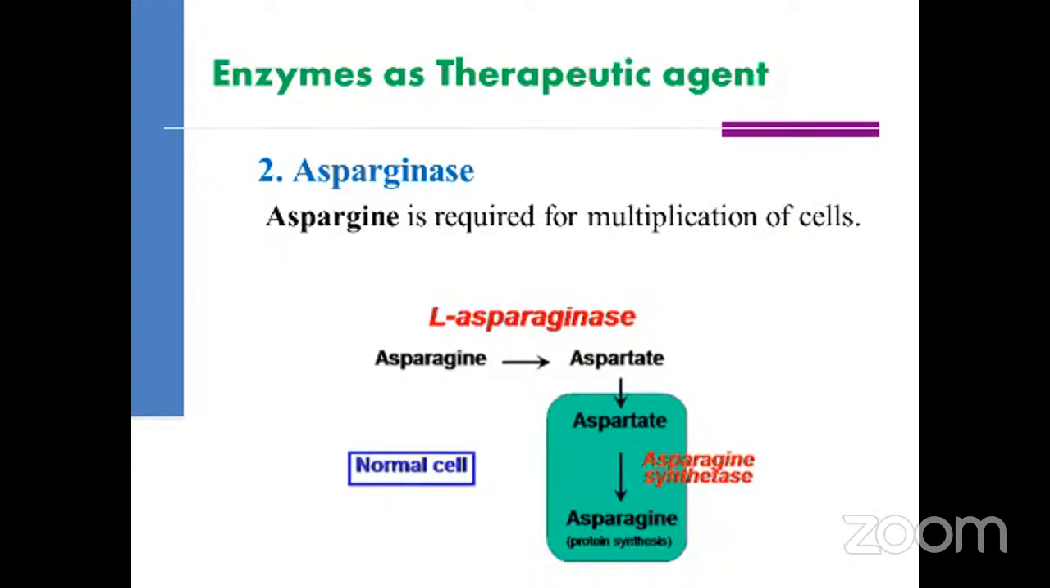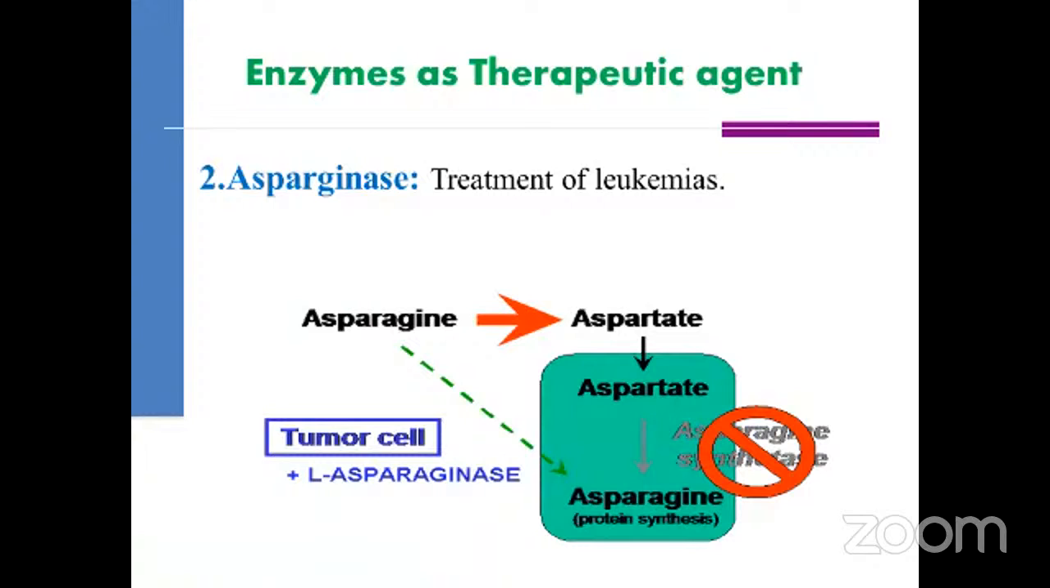Now you see, this asparaginase enzyme is used in leukemias. In leukemias, what will happen? There will be uncontrolled multiplication of the cells, so we have to stop it. For the multiplication of the cell, what is required? Asparagine is required. So we have to make the cell deprived of the asparagine. So how to make it? We have to give the